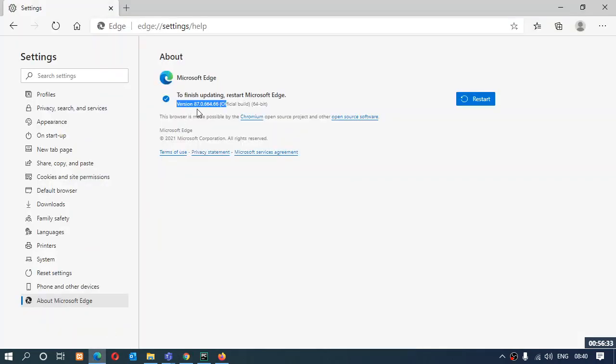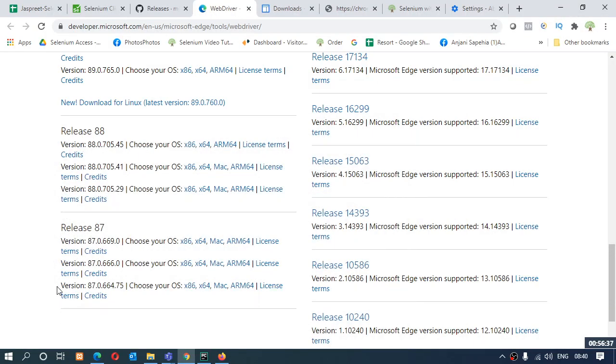I had 87.0664. So I will be going for this one, and I'll download the driver according to my system configuration from here. Again, a zip file will be given to me. I'll extract it, and after extraction I'll keep my executable file at the same location.